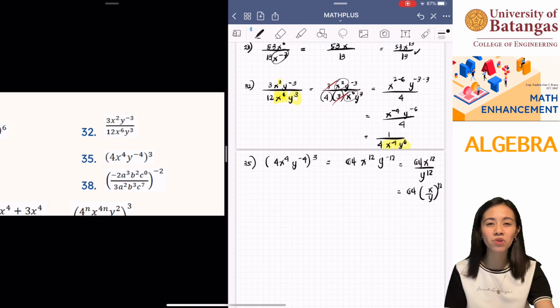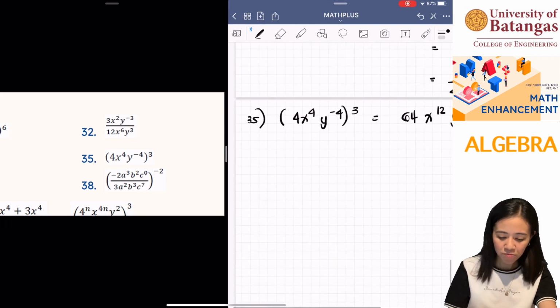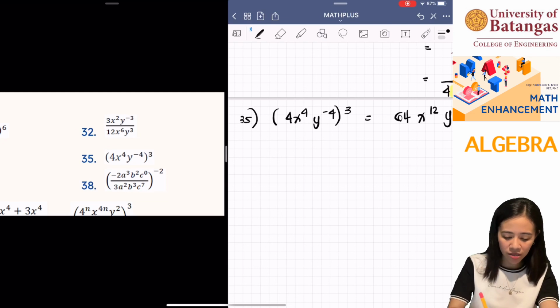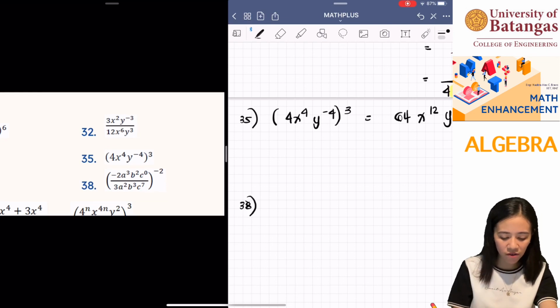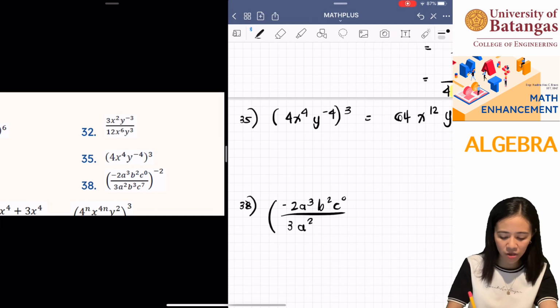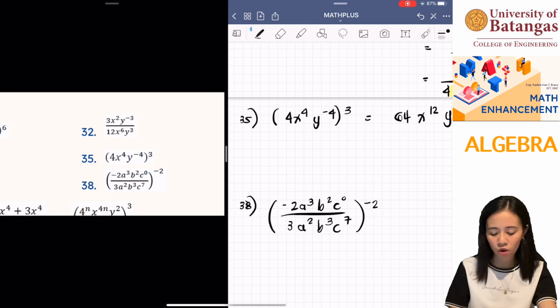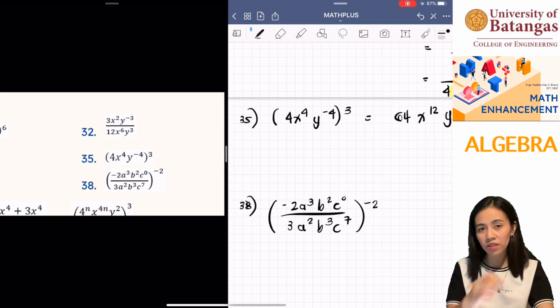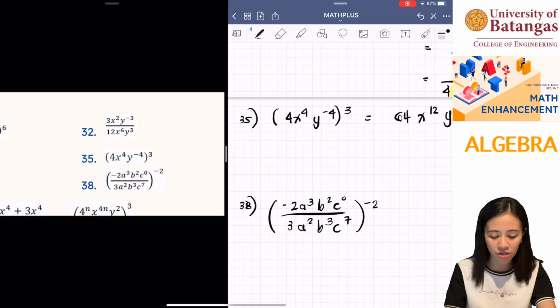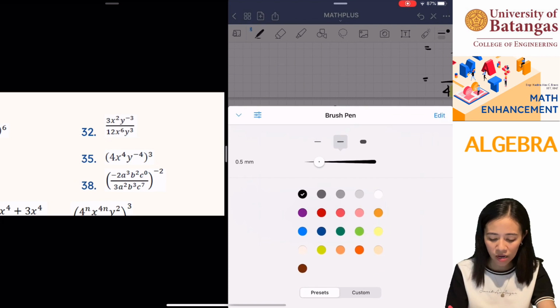Depende nga sa kung paano nyo gagamitin yung expression dun sa problems na sinosolve nyo. Okay. Number 38. So you have here negative 2, a cubed, b squared, c raised to 0, all over 3a squared, b cubed, c raised to 7, the whole quantity raised to negative 2. So, ang gagawin ko muna dito is simplify the terms inside the parentheses, which means, wala na agad tong c